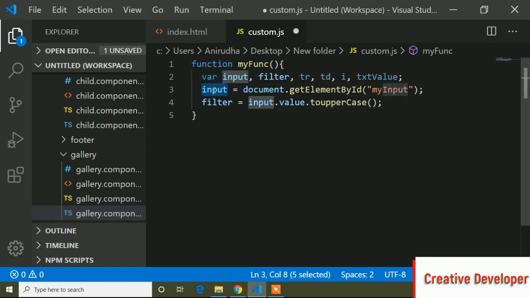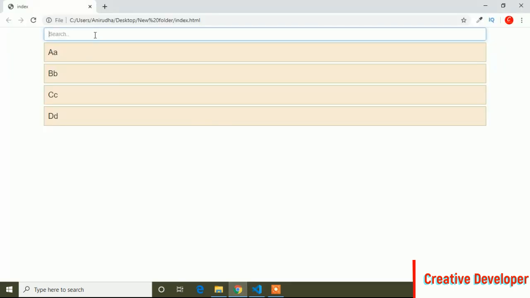Input means this input, the search box preview.